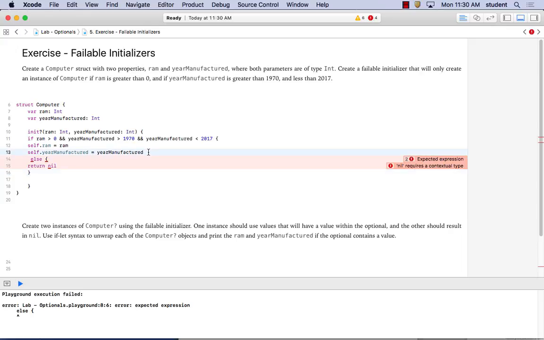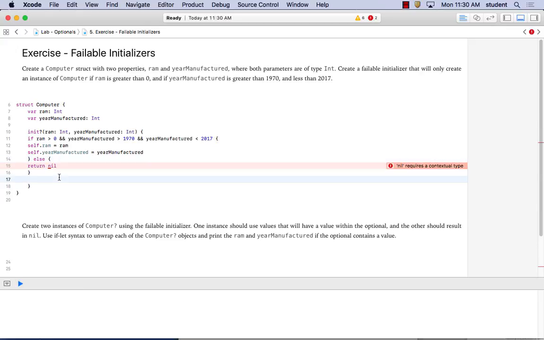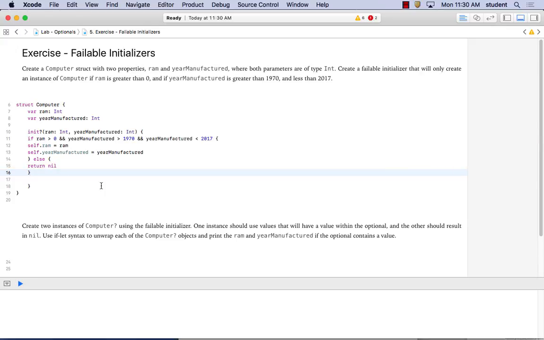Should we close braces? Need this one back. Okay. Whoosh. Okay, so again, let's just read